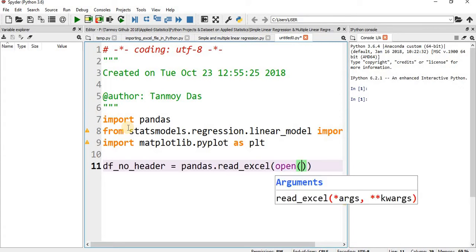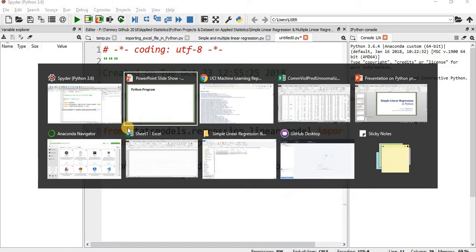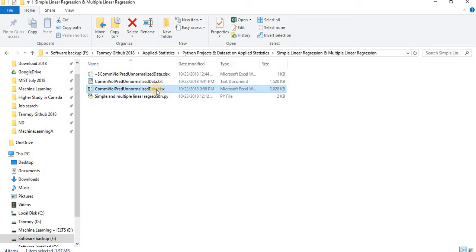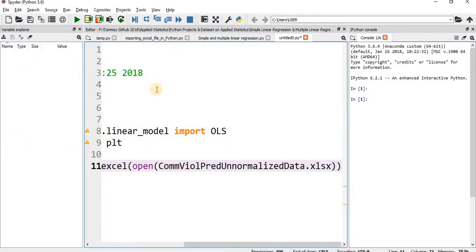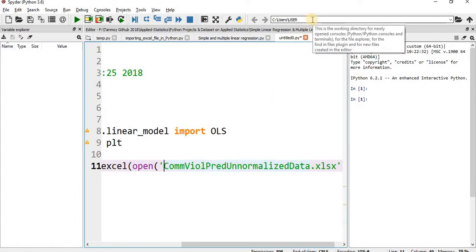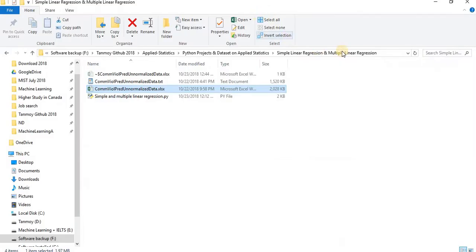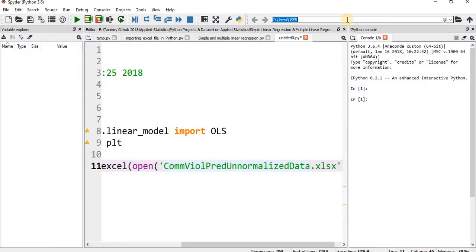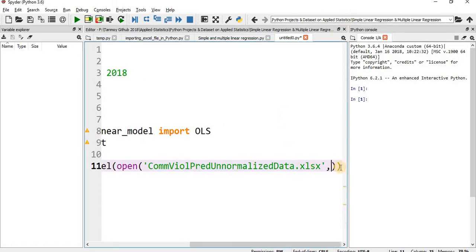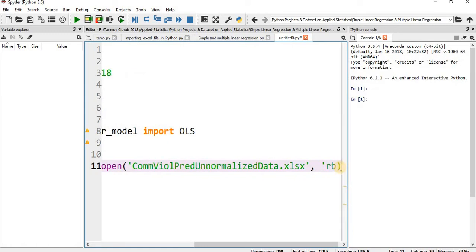File name, we need to import the file name here. So in my case, the file name is this one. By the way, we need to set the directory as well. So I'm going to set the directory here. So Excel file, then it is raw binary format, so rb,